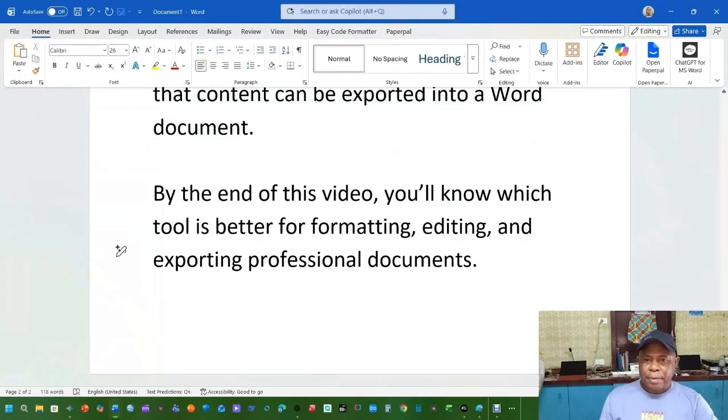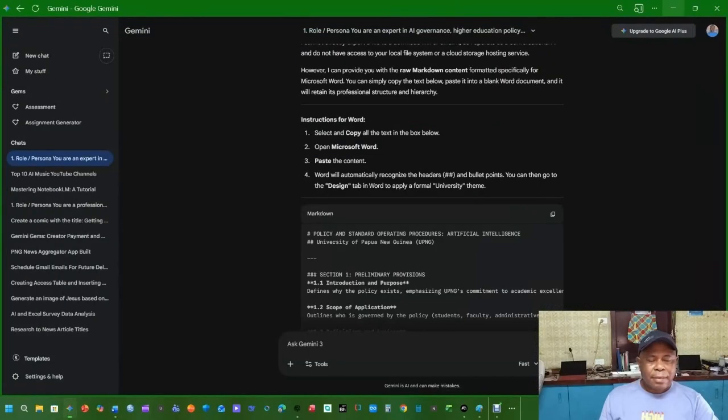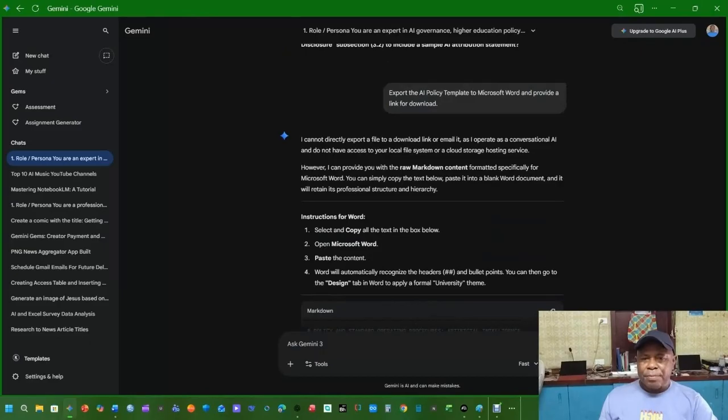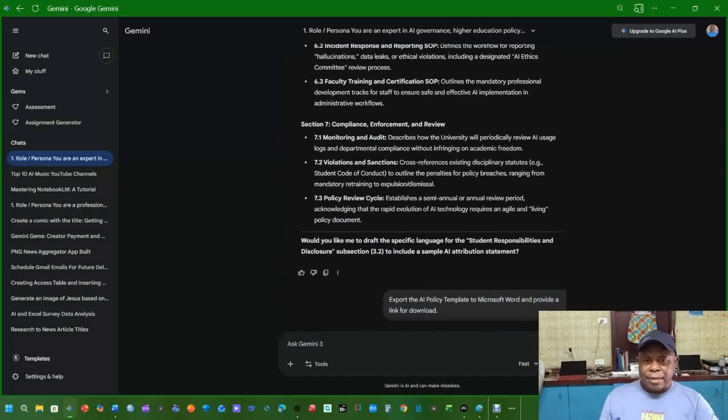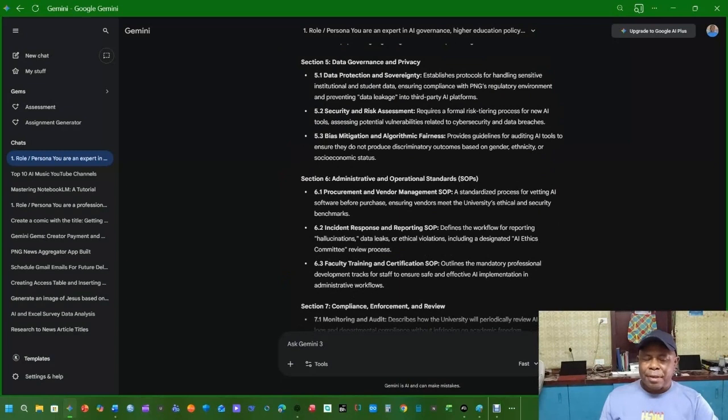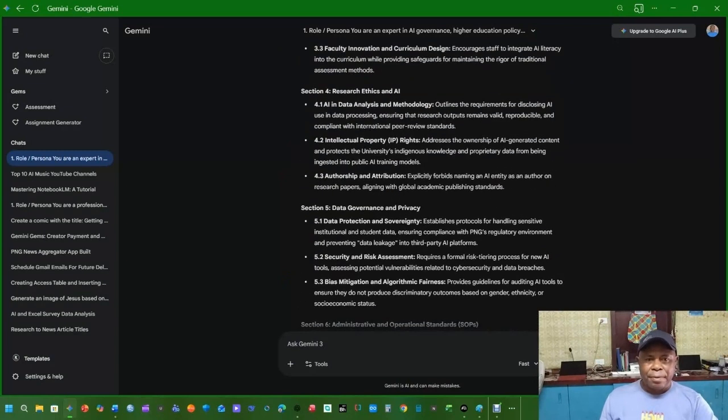Google Gemini works seamlessly with Google apps such as Google Docs, Google Sheets, Slides, and so on. So its main focus is on Google Docs, not other third-party apps, so it does not allow us to export directly to Microsoft Word. Okay,